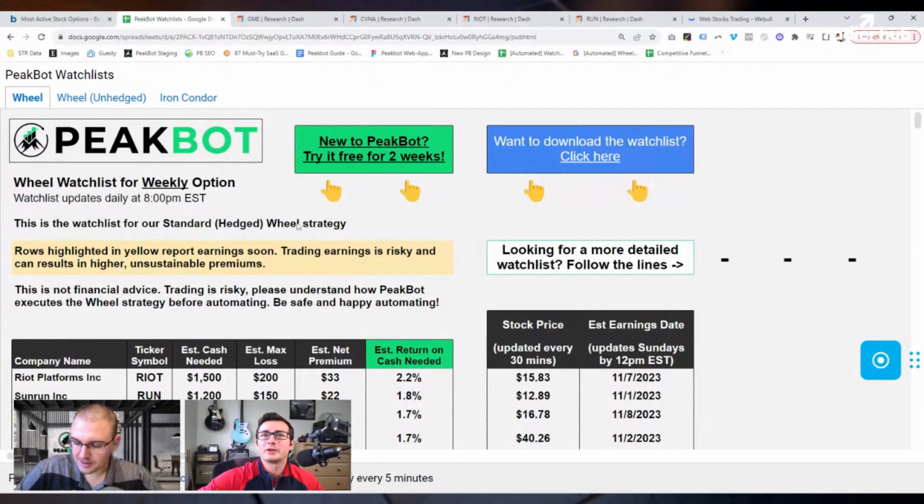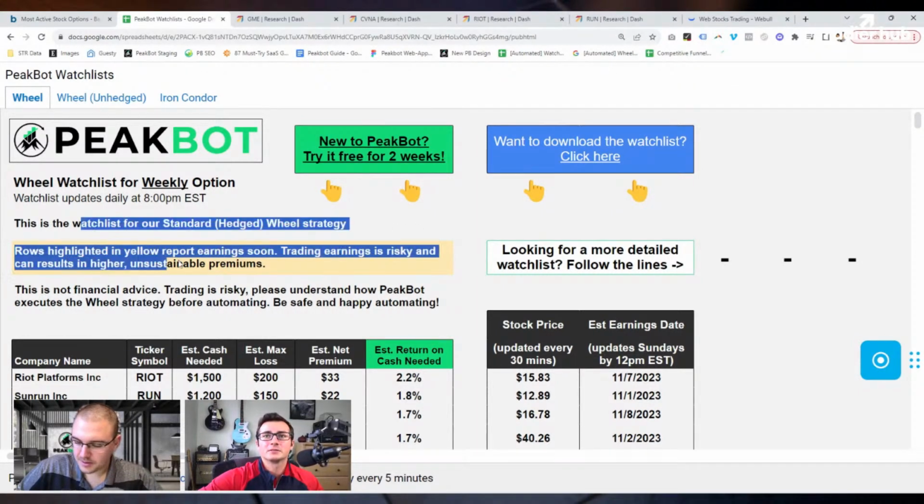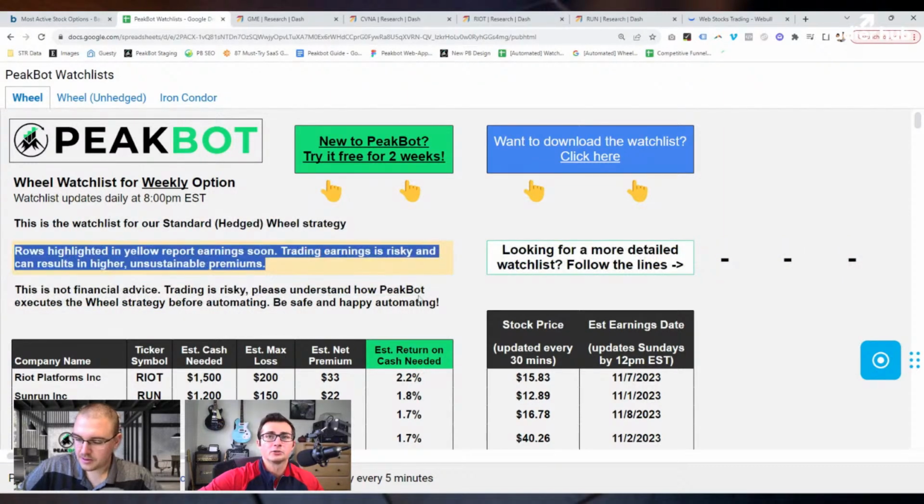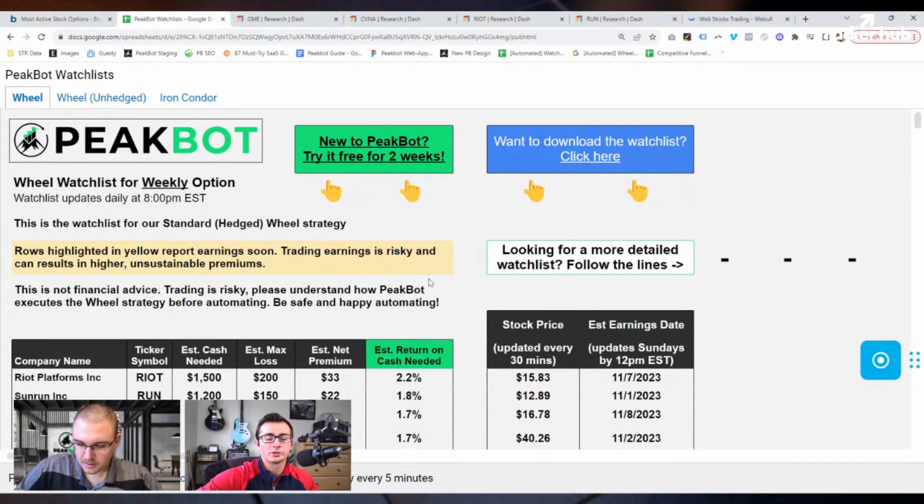So first things to point out, we've got some text here that you should read, especially the rows highlighted in yellow, report earnings soon. We're pretty much clear of earnings season right now. We've got a couple of companies reporting earnings this coming week. If you want to download the watch list, you can go ahead and click here. Once you do click that,